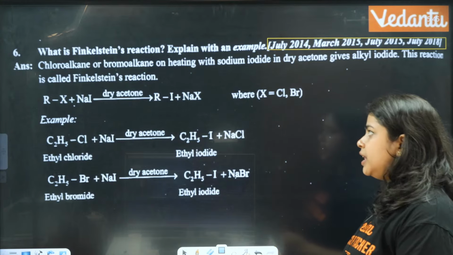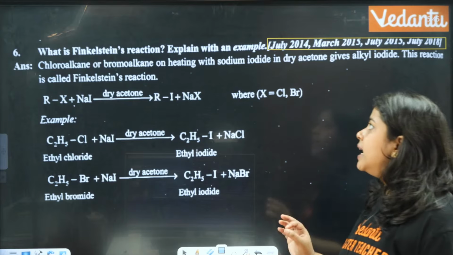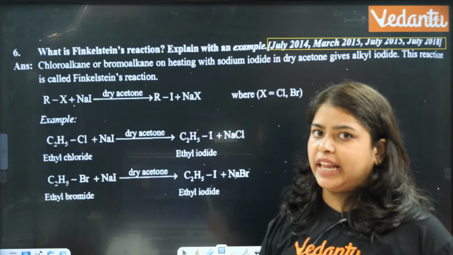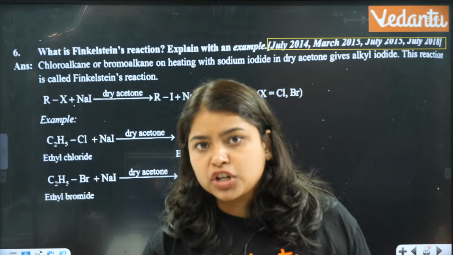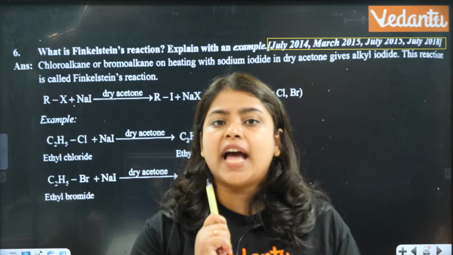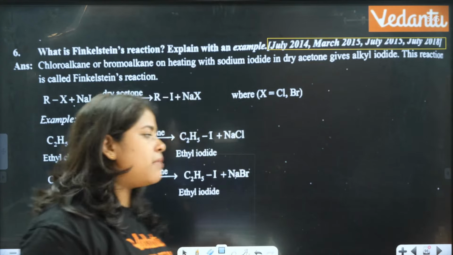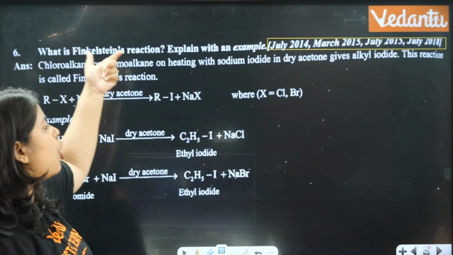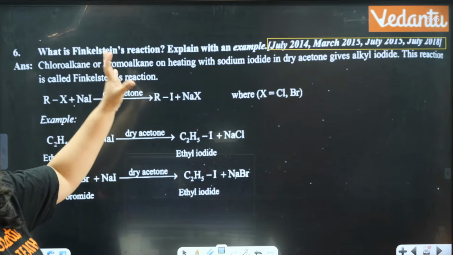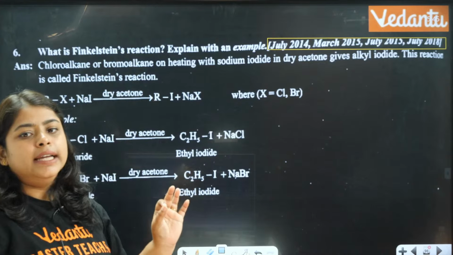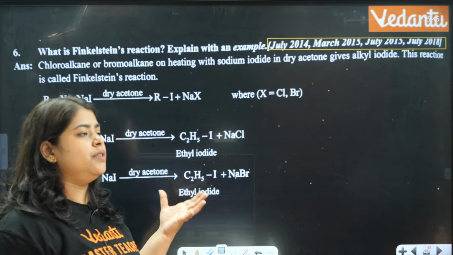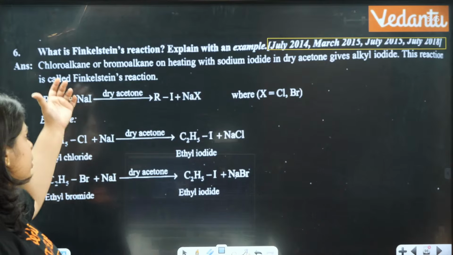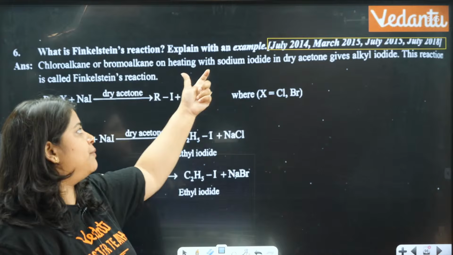You should remember only one thing: whenever Finkelstein's reaction is possible, you take a chloroalkane or bromoalkane. In the place of X as a functional group, we can use Br or Cl. Clear? So in Finkelstein's reaction they take the chloroalkane or bromoalkane, because the general formula, if you take an alkane, is CnH2n. So you need to take a chloroalkane or bromoalkane and heat it with sodium iodide,